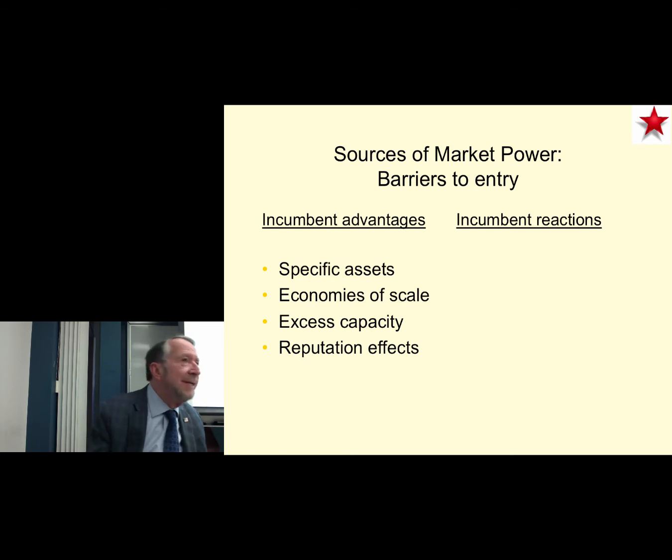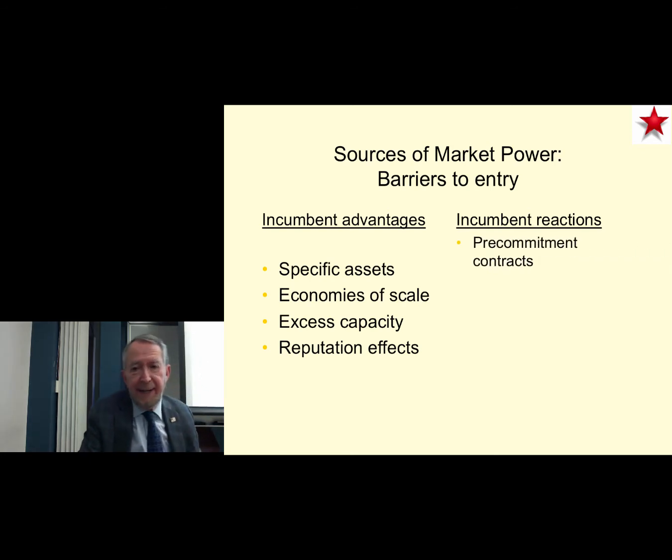Incumbent reactions to potential entry. One is to prevent entry. You may enter into pre-commitment contracts, either with your suppliers or downstream with your sellers. And that forecloses the ability of other firms to come into that industry. General Electric made nuclear power plants, and I think has sold that subdivision by now, but